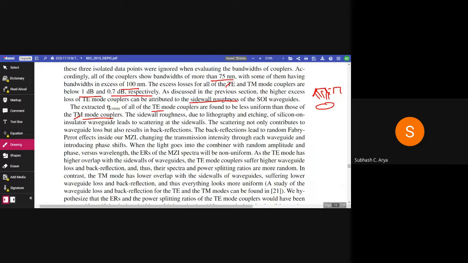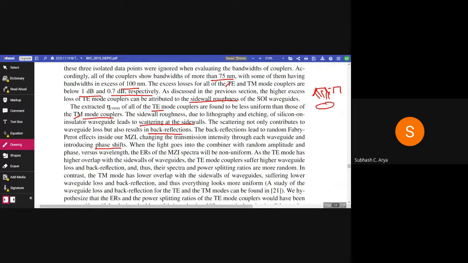The sidewall roughness due to lithography and etching of the silicon waveguide leads to scattering at the sidewalls. The scattering not only contributes to the waveguide loss but also results in back reflection. The back reflection leads to a random Fabry-Pérot effect inside our MZI die, changing the transmission intensity through each waveguide and introducing phase shift. When the light goes into the combiner with random amplitude and phase versus wavelength, the extinction ratio of MZI die spectra will be non-uniform,